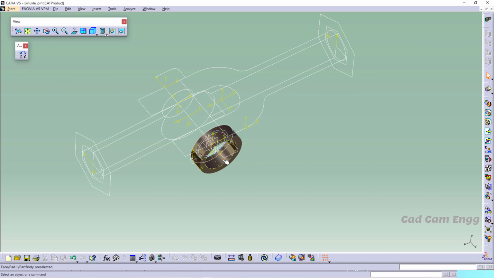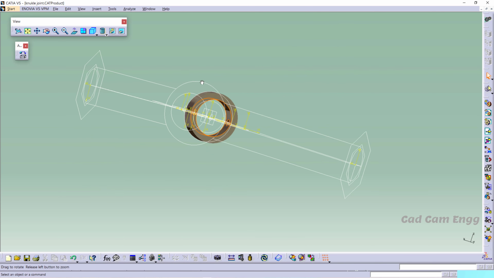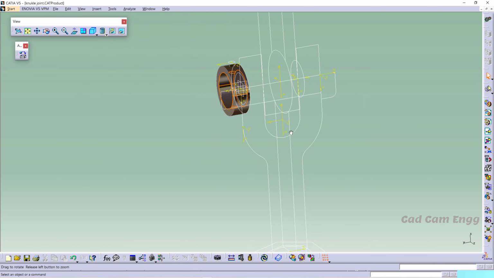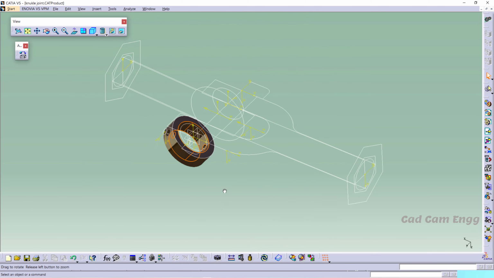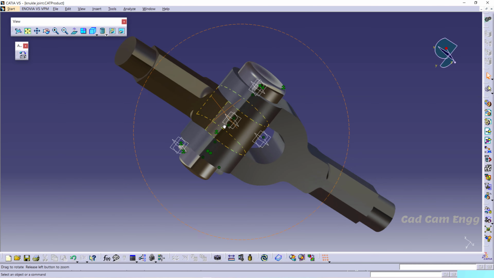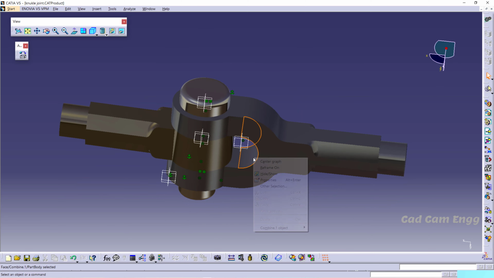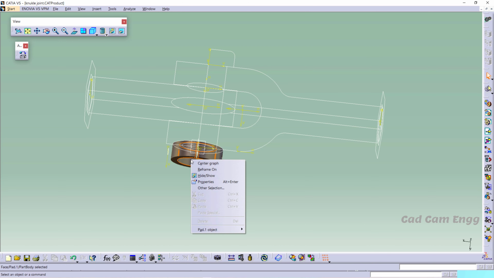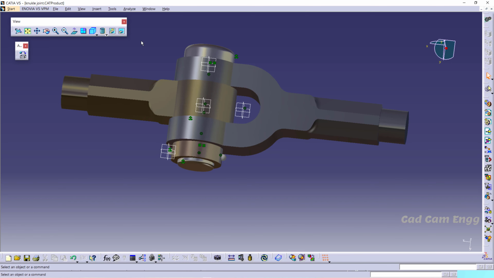Okay, for this one we have to activate the swap to see hidden. Okay, and then if you want everything back, you have to click this, and then if you want to unhide the part, you can give this, and then from here you can go again to hide and show, then you can give this.